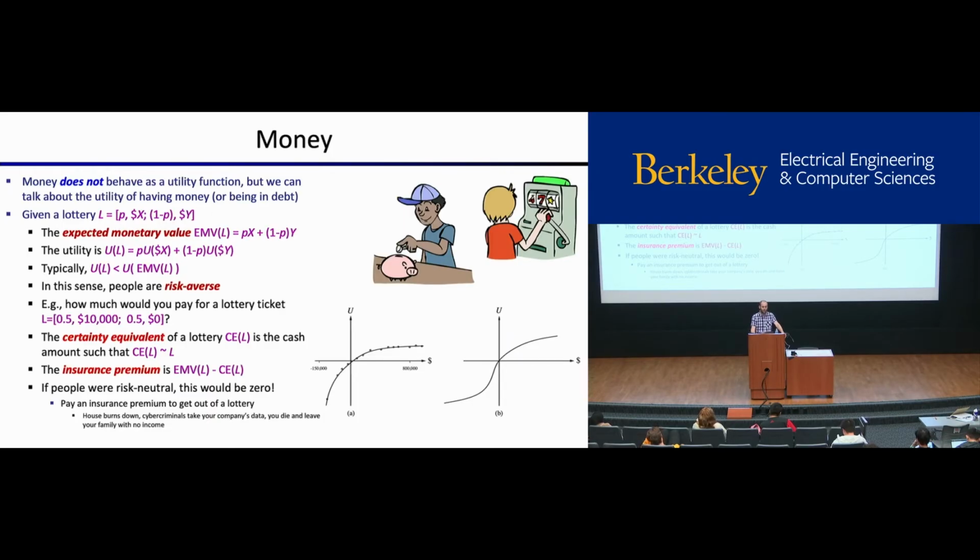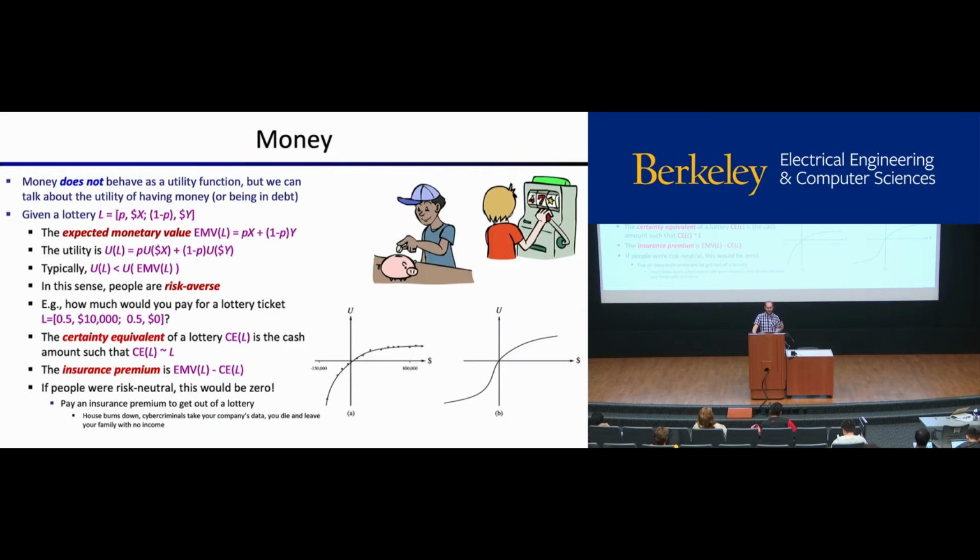So you don't necessarily want to be in the lottery of being out however much you're out if your house burns down. So you're in a lottery. Every day your house could burn down or not. Every day cyber criminals could take your company's data if you own a company, or not. Or you might die and leave your children without any income. And these lotteries, the bad outcome is so bad